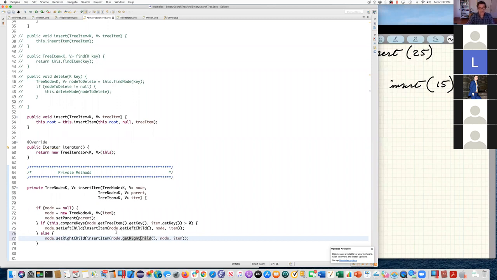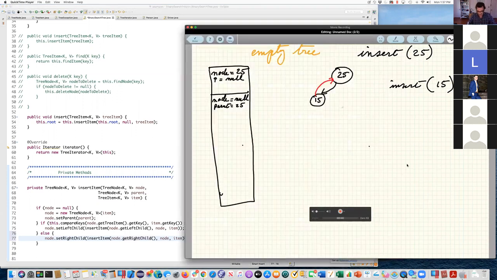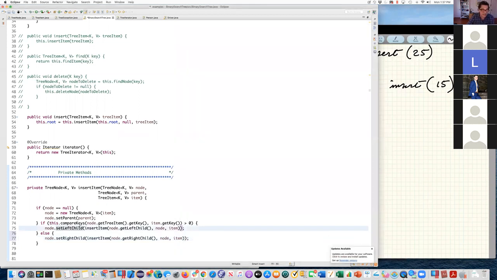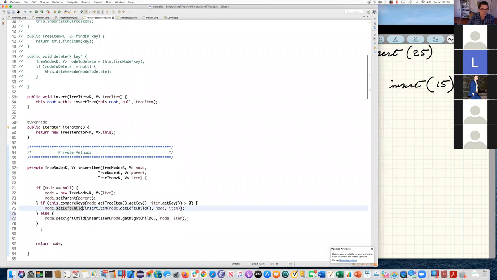So when that finishes, when this method finishes for the 15, it returns, right? This particular instance of the method goes away and it returns, and when it returns, it sets the left child, and then it returns the node, which is the root, okay? And the root is always the root. It will always get reset back to whatever the root gets returned, okay? And if I'm inserting 35,